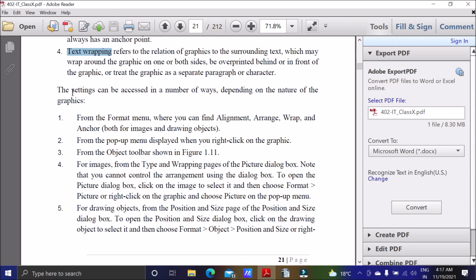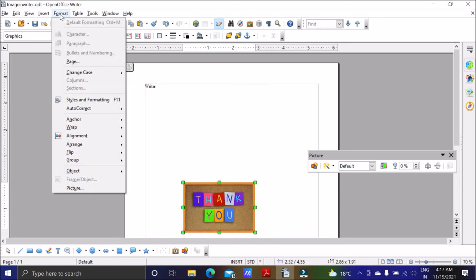Here you can see the settings can be accessed in a number of ways. I just accessed it from the Format menu, and I got alignment, arrange, wrap and anchor, all 4. You can see in the Format menu I was able to find all 4: anchor, wrap, alignment, arrange.